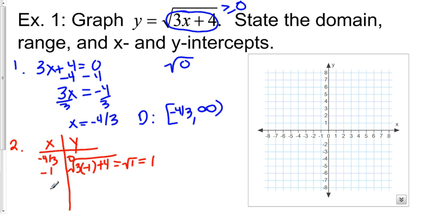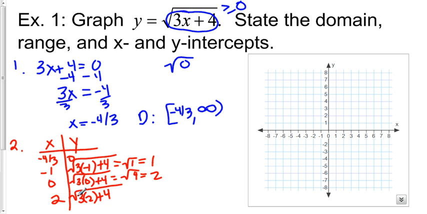Let's plug in 0. If I plug in 0, 3 times 0 is 0, plus 4 is 4. So I get the square root of 4, which is 2. 0, 2 is on the graph. Now I only want some whole numbers here, so I'm going to jump ahead and plug in 2. If I plug in 2, we get 3 times 2